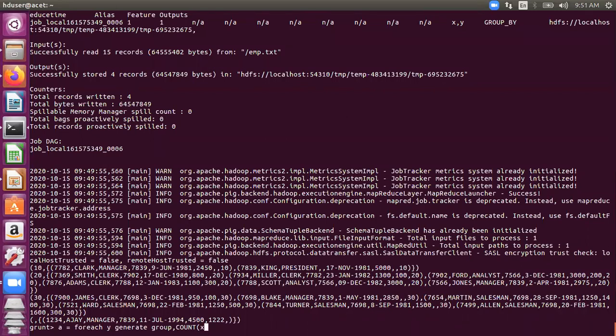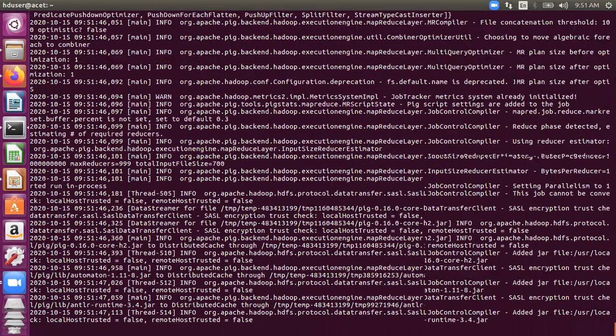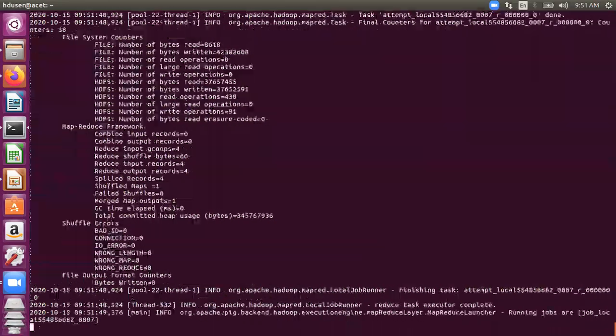Okay, let's write x and see whether it works. So what I'm trying to do is, from the relation y, which is a group relation, I am generating the group values. So obviously the values that would be generated in place of group would be 10, 20, 30 and null. And along with that, it will count the x values, that is the number of rows in the table. Okay, so if I dump here, dump a, let's see what output is given, and then we'll correlate it with our query.